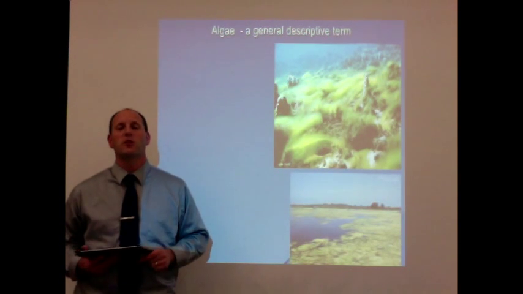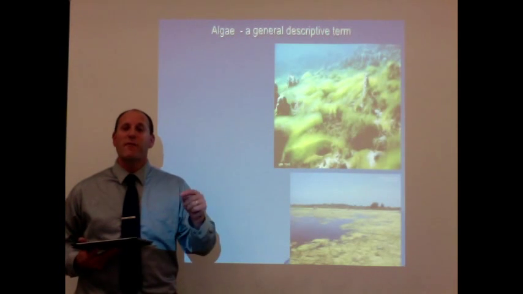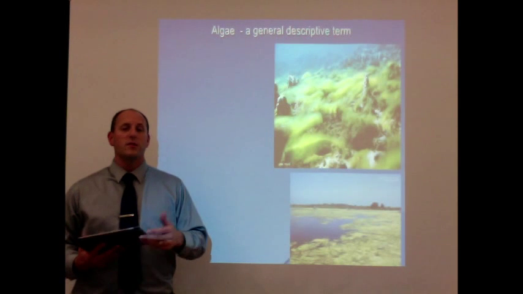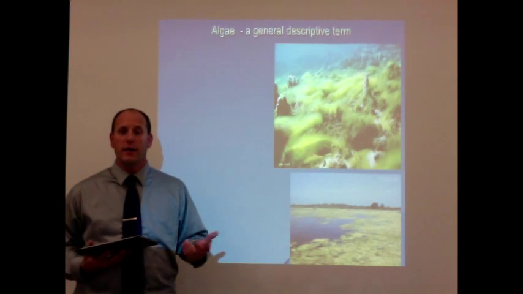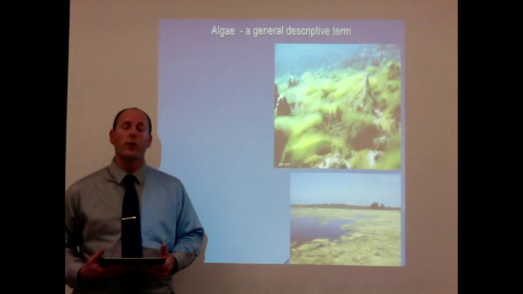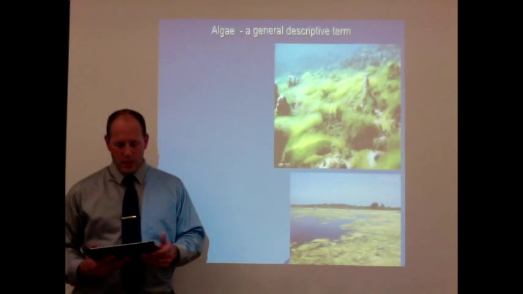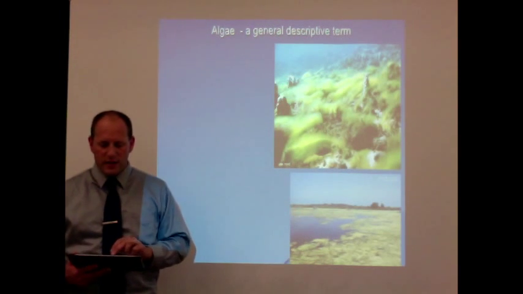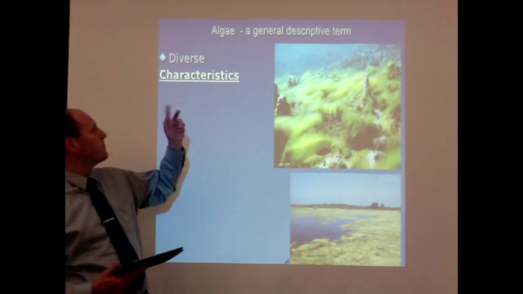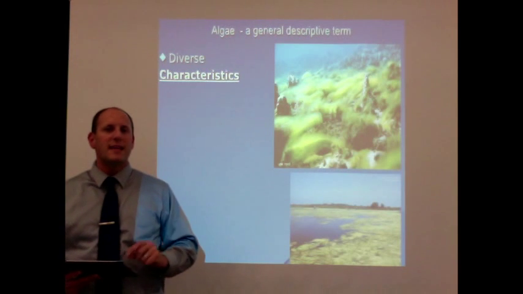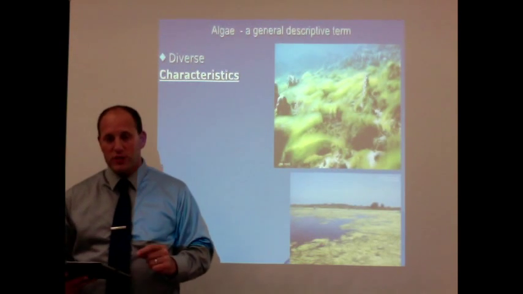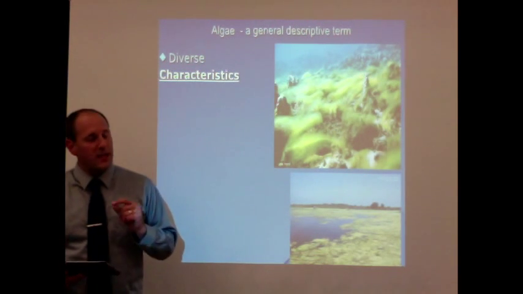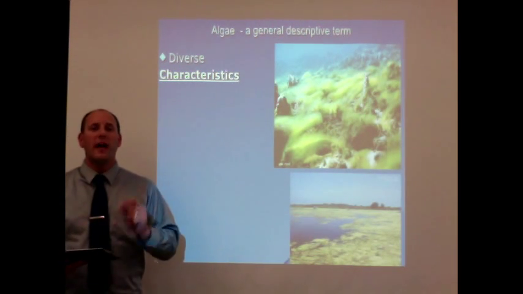You should be familiar with that term, eukaryotes. These organisms have organelles within their cell membrane. These organisms are relatively large compared to those prokaryotes, which we talked about earlier. Some of the characteristics of the algae, other than being very diverse, is that they lack flowers, they don't have true leaves, they don't have stems, and they don't have roots.